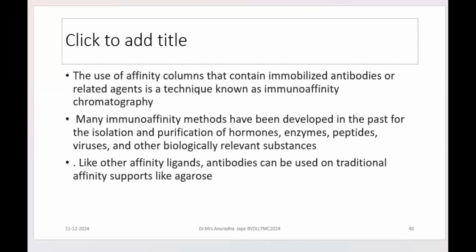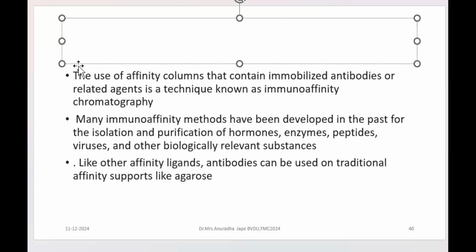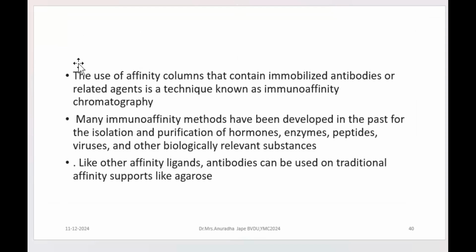Now here, another example is the immunoaffinity that we have referred to and studied in the previous lecture, which talks about the use of immobilized antibodies, right? So you are going to have immobilized antibodies in the column, acting as ligands, and the selective antigen or protein having that particular interactive group will get bound to the antibody and be retained in the column. So it can be called immunoaffinity.